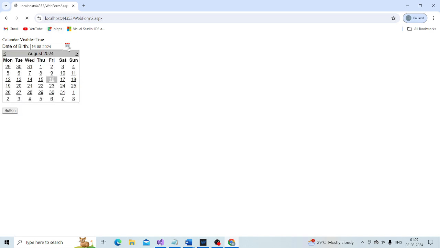Similarly, when I select the date, I select 17 date, calendar visible is equal to false again, because the calendar is not visible now.